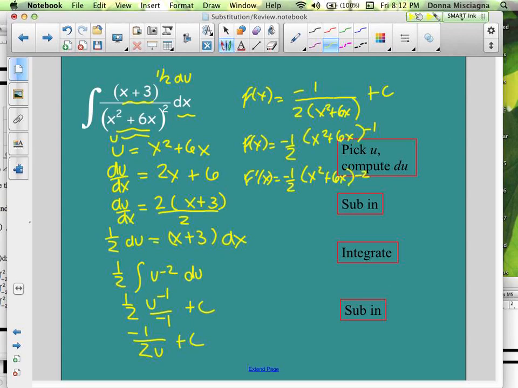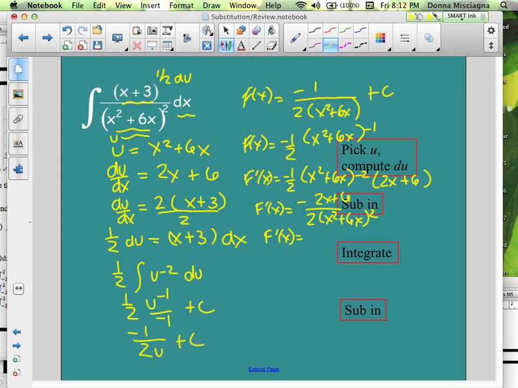So that would be 2x plus 6. All right, so now we'll simplify. This can go to the denominator. So f prime of x equals, I've got negative 2x plus 6 in the numerator. In the denominator, we have a 2 times x squared plus 6x squared. And then if I factor the 2 out, this is going to be f prime of x equals,